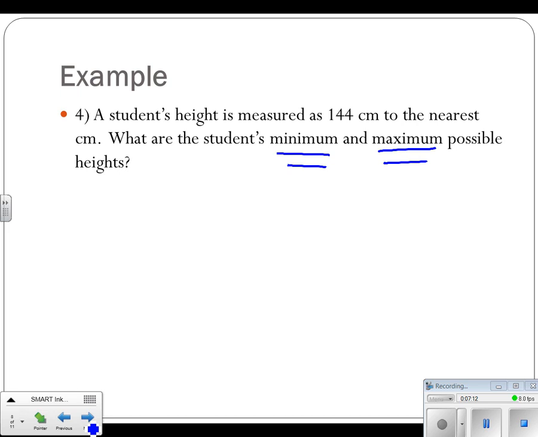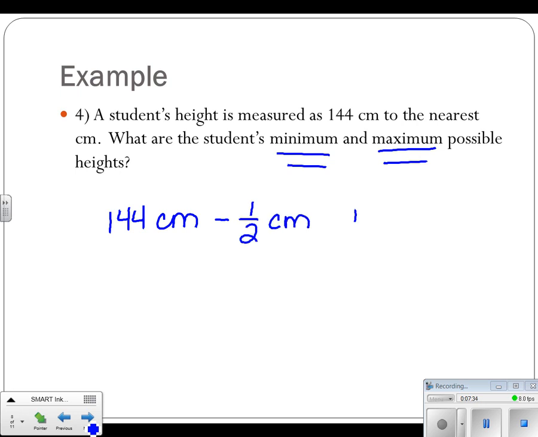So to be reasonable, you have to be about 1/2 above or below the unit being used. If we're looking at 144 centimeters as this measurement, we subtract 1/2 of a centimeter, and that gives you